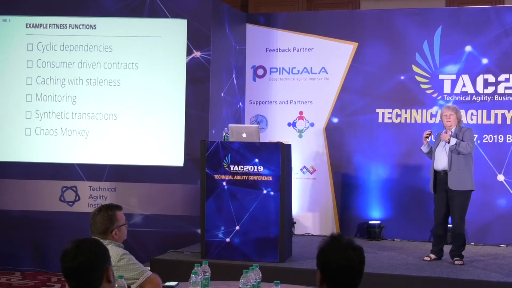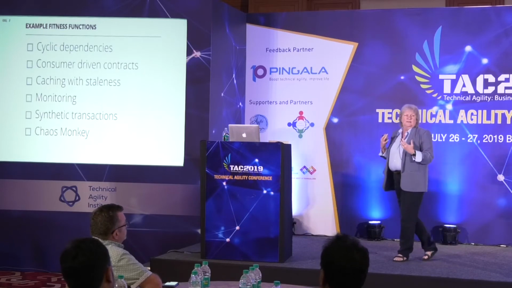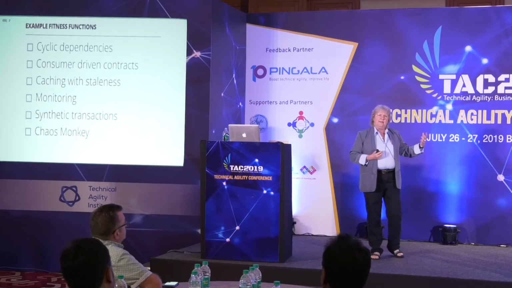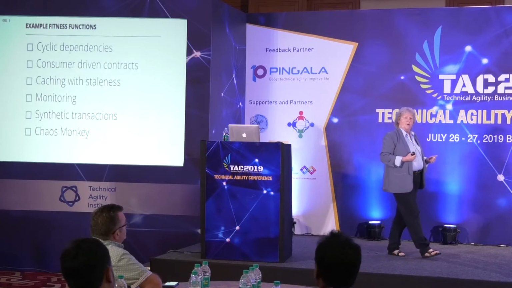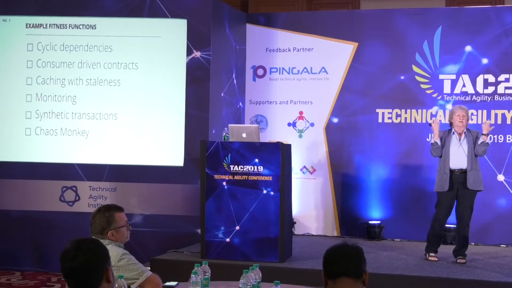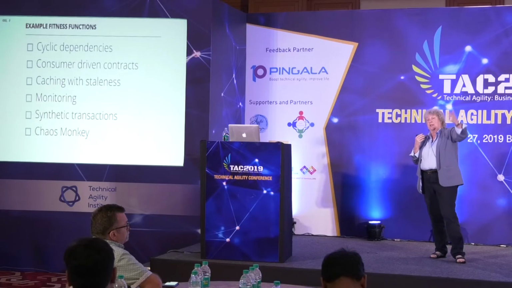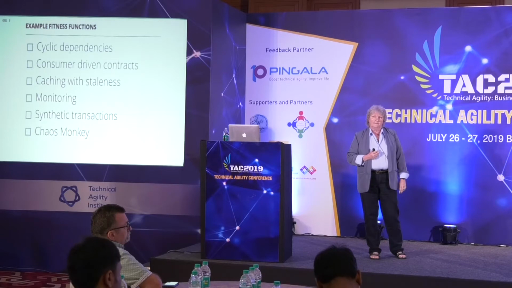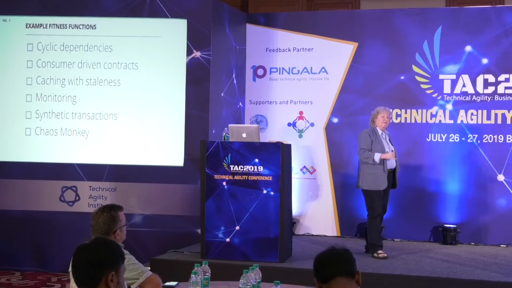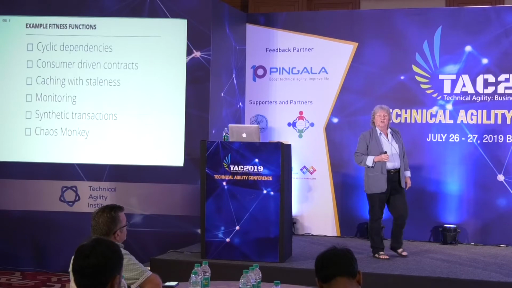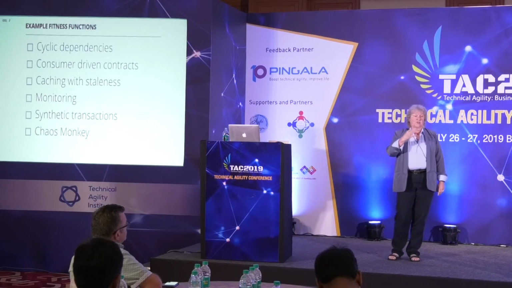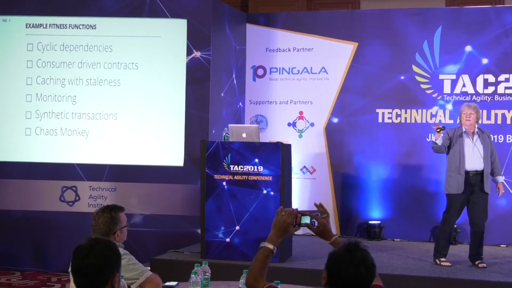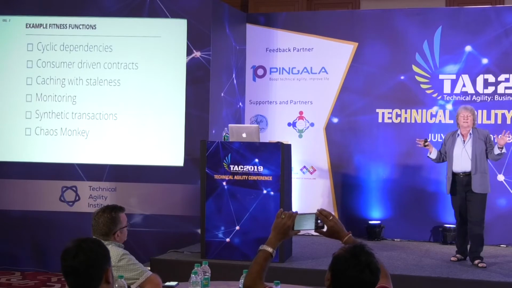Maybe it's something that has a couple of our different requirements interacting with each other. So we might want to have a data staleness policy for security, but maybe we need to do some level of caching to get up to the performance that we need. And so we need to look at those two things together, because it might be the caching strategy that we're using actually violates our data staleness policy. Probably one of the most interesting versions of a fitness function is actually Netflix Simian Army, not just the Chaos Monkey. This is a continuous fitness function running all the time, looking across multiple aspects of a system.